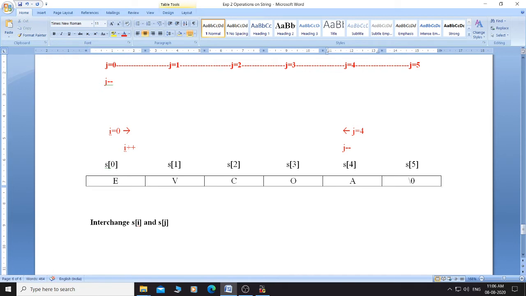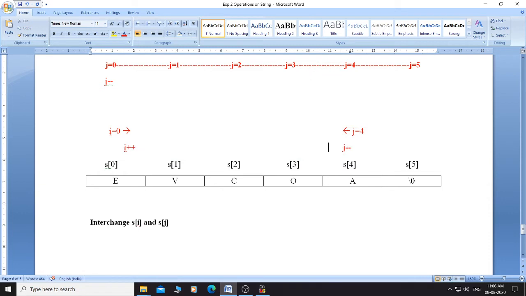First character and last character are interchanged. Now after this, make I plus plus and J minus minus, that is, increment the value of I and decrement the value of J.